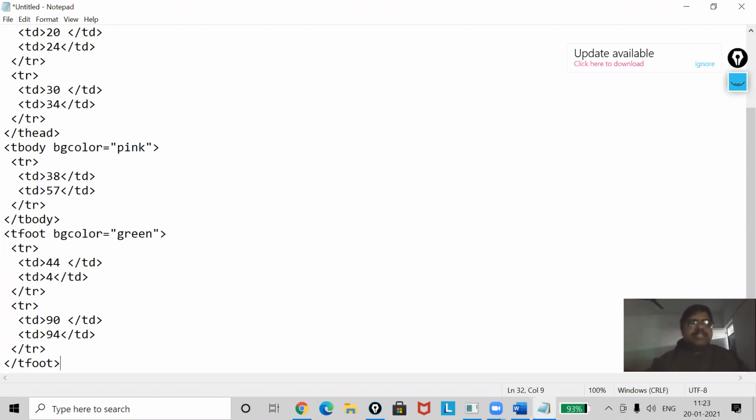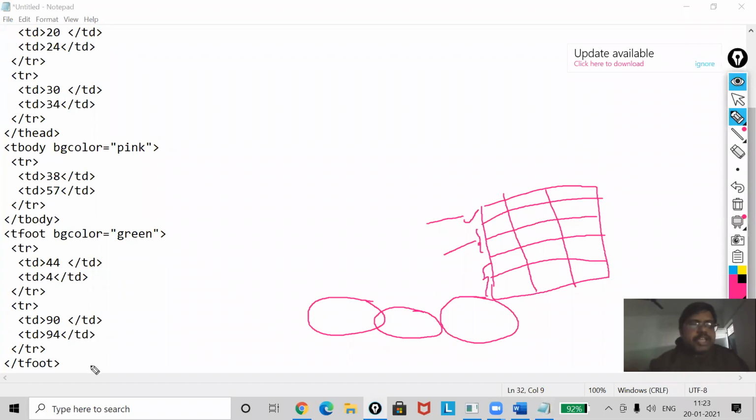Now, students, you can see on the screen, yes, you see on the screen, this tfoot containing first and second. That means at the bottom 2 rows. tbody from here to there, which contain only 1 row.